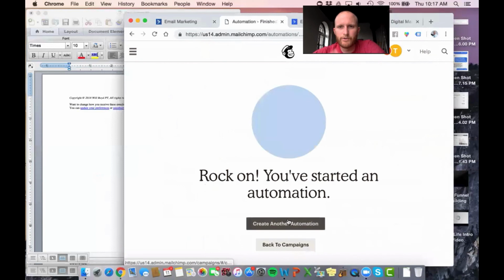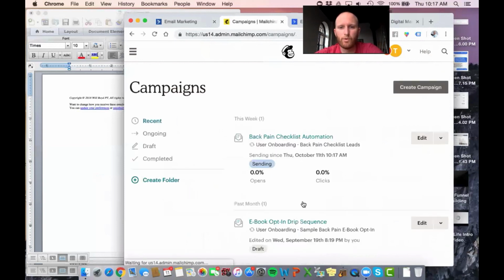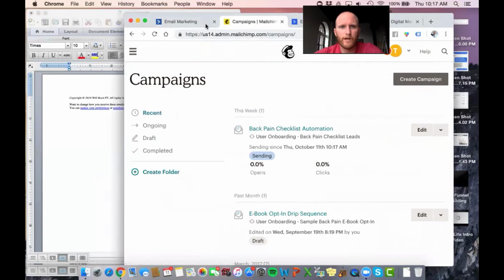Okay, so in the funnel video, when we integrate this into our ClickFunnels or our landing pages, anytime someone opts in, they will automatically start getting this automation, which is really, really powerful. It will work for you. What I recommend too in the future is